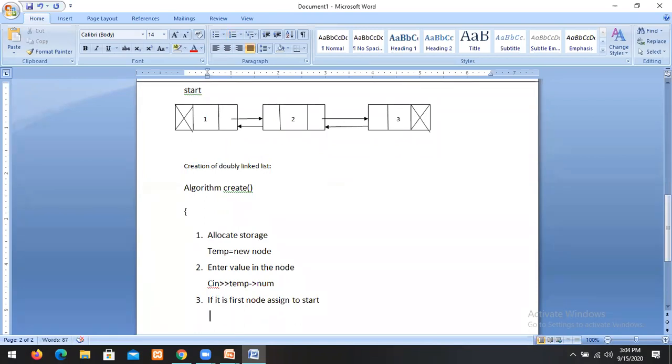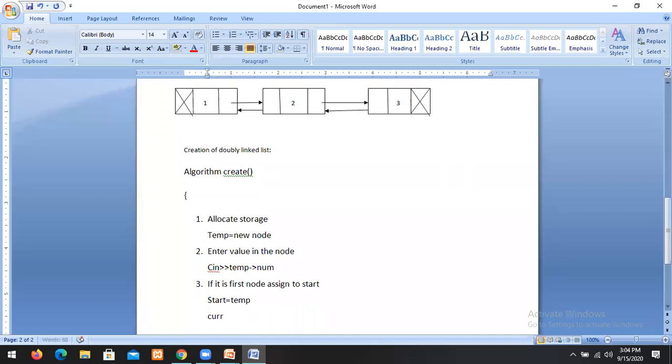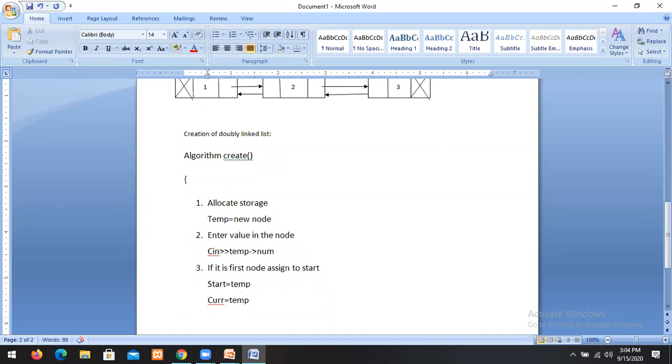If it is the first node, how do we assign to start? Start equal to temp, and we use current equal to temp also. So start as well as current.